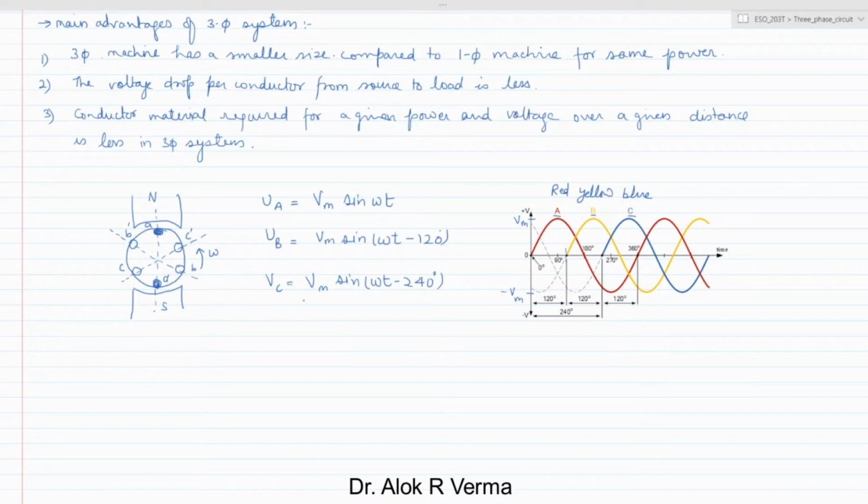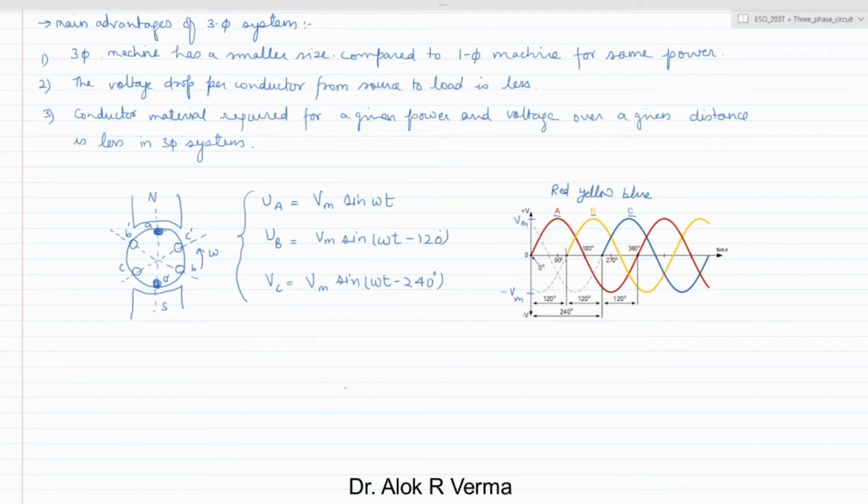Okay, so what we see from here is these are the three voltages of a frequency f or omega, which is fixed in all these three cases, but the phase difference is observed as 120 degree with respect to each other. So now if we try to draw the phasors,